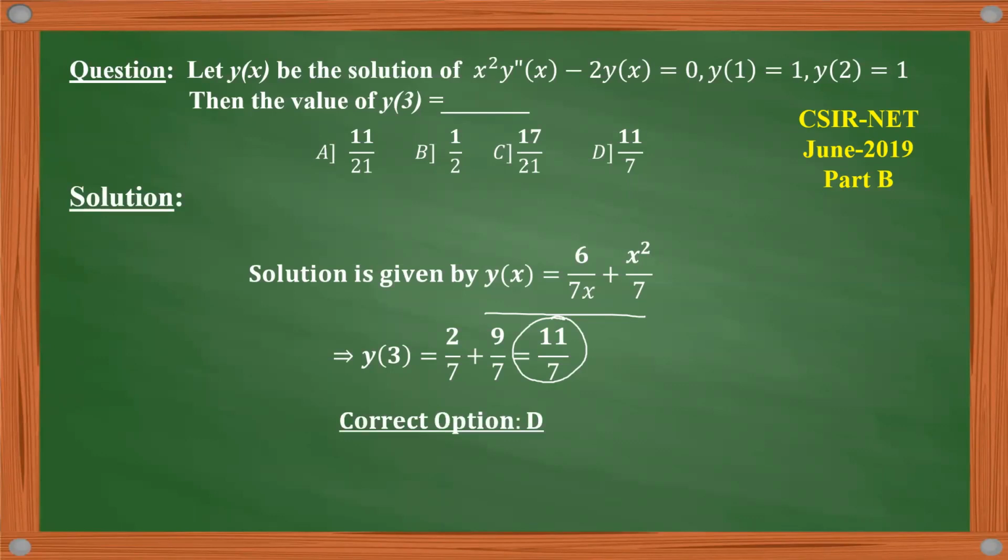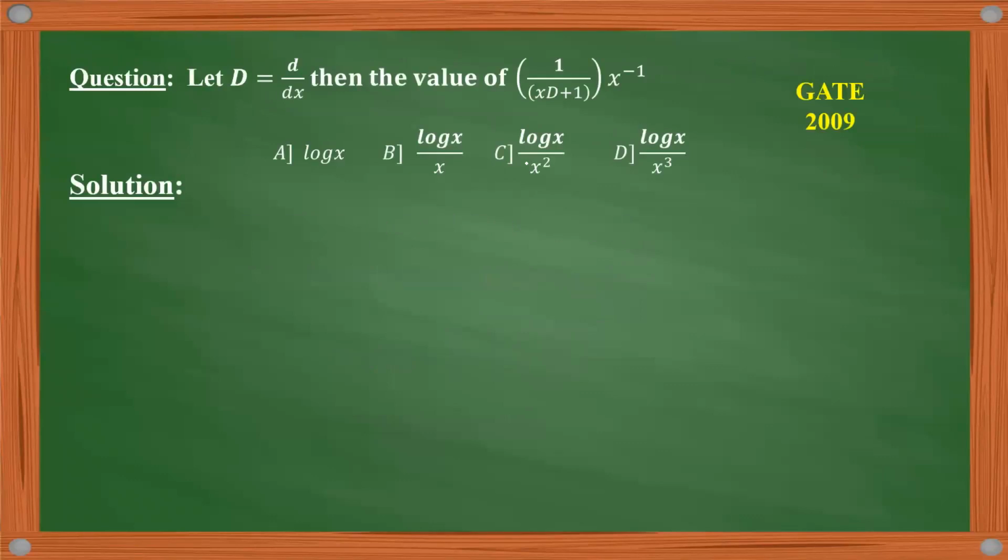Okay. So this one is also a very simple question. We just need to identify the equation, and if we have identified it to be a Cauchy-Euler equation, the next step is just to make the substitution x is equal to e power z. It will reduce this to a linear differential equation with constant coefficients, and then we can find its complementary function and particular integral. So this question was asked in the CSIR NET exam.